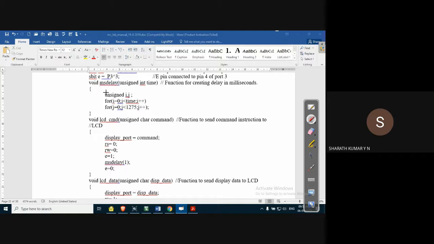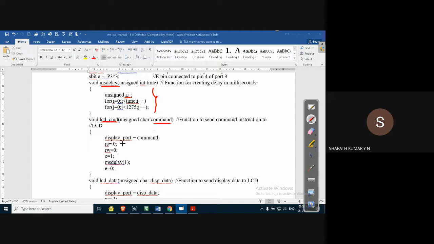The delay is generated using the function millisecond delay. You can also control this using timers, but here it is done using a subroutine or function, with int character variables. Next is LCD command. LCD command is a function to which the command is transferred.